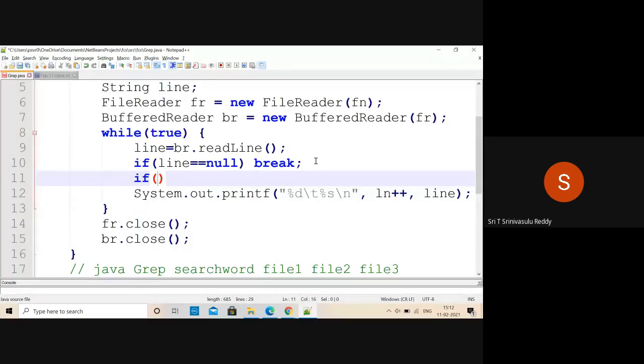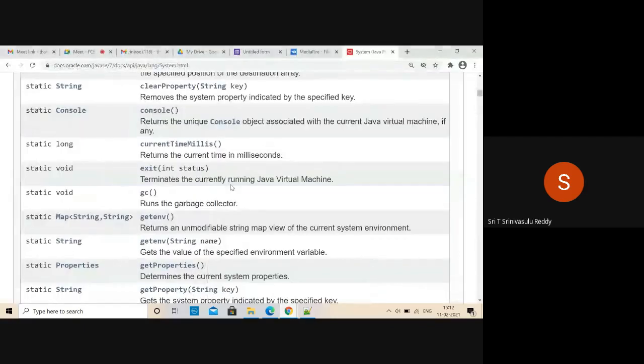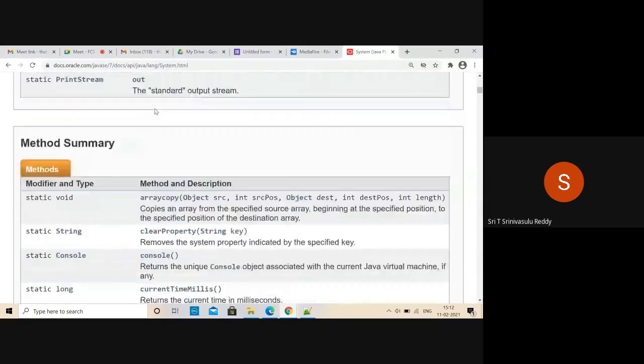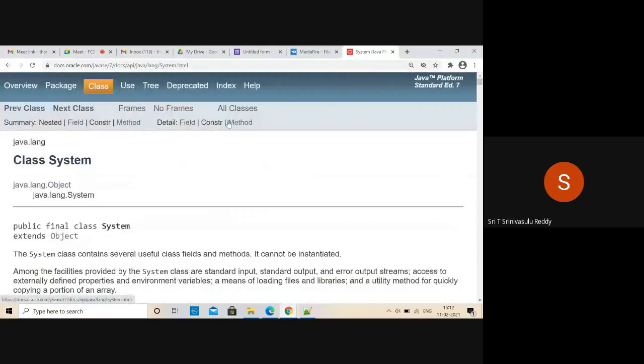In the String class, there is a method called indexOf. Right? So you can actually go into this. Probably here you don't know whether any such facility is there.